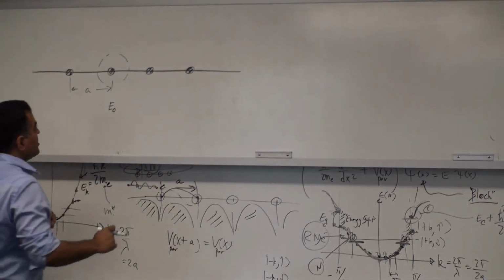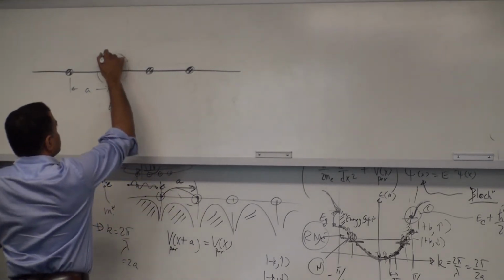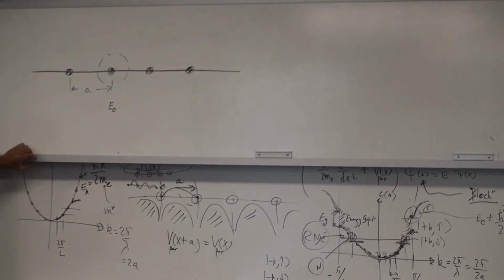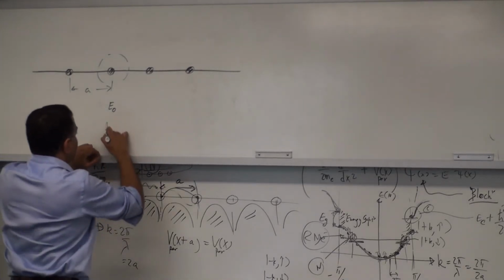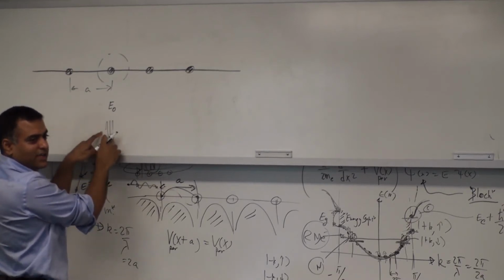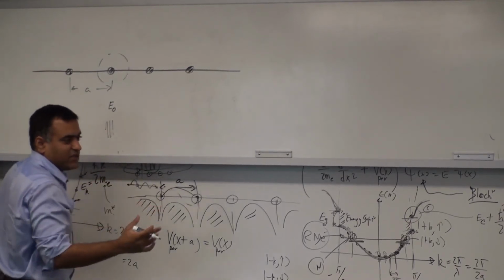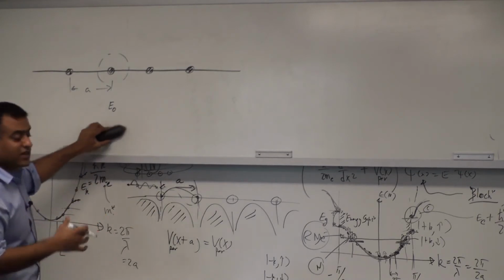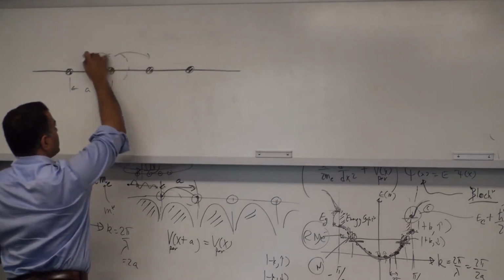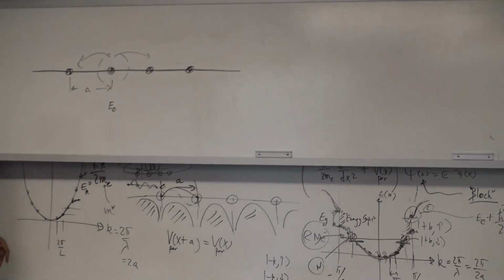But now that I have put it in this situation, the one thing about electrons is they really don't like to be confined. It costs a lot of energy to confine them. Why? Because if you want to confine them in small dimensions, you have to have very short wavelengths. And short wavelength means high k, means high energy. That's the simple picture of why quantum confinement costs energy. So the electrons will not want to sit here. They will try to hop to the nearest sites. They want to spread out. Why? Because they'll lower the energy that way. They're going to lower the energy of the electrons and the whole system actually.